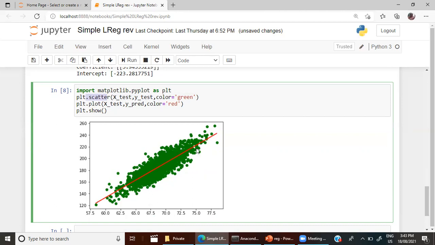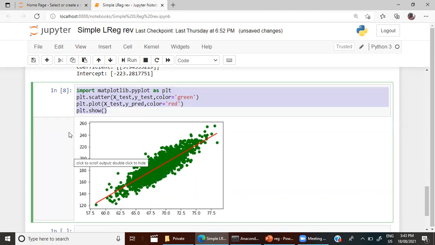This line is called the regression line, for x_test and y_predicted. So to see our predicted values, we plot a graph, that is a regression line, for the x_test and y_predicted values. And the color you can give red, green, yellow, blue, any color of your choice. Then plt.show. These 4 lines are necessary for drawing this graph.